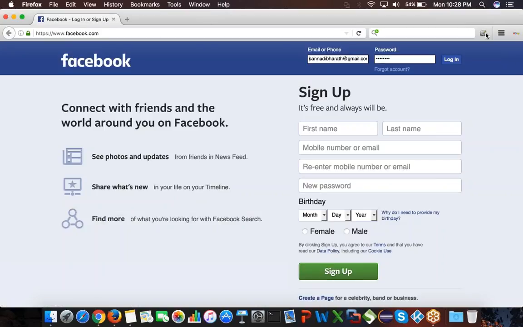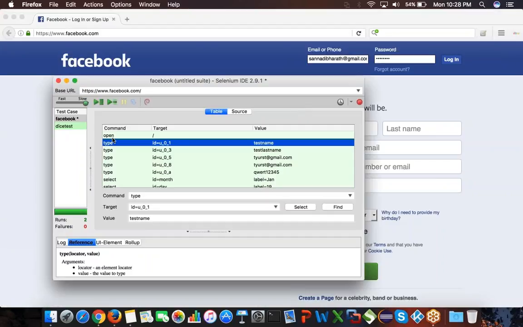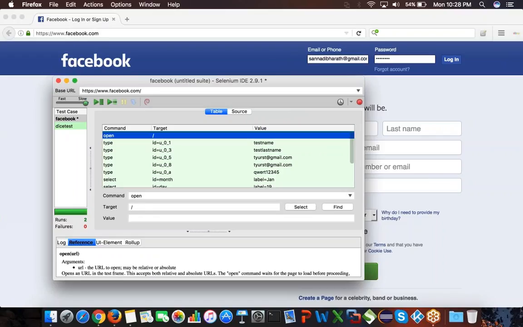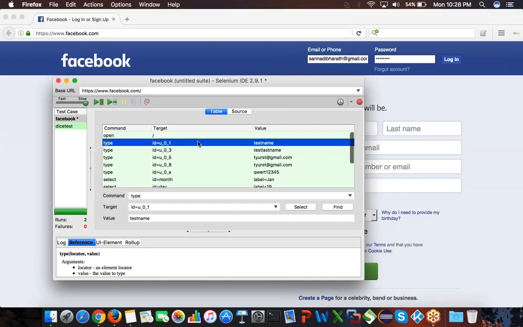So let's go and understand the script now. Open means it wants to open the website, so that's why there is a command called open. That's a key, open, here. Type is again a key because we wanted to type something, so they have given a key named type. Simply think of them as Java functions. There are some functions which are already written, and those functions do some actions for us, and those are like keys for us.